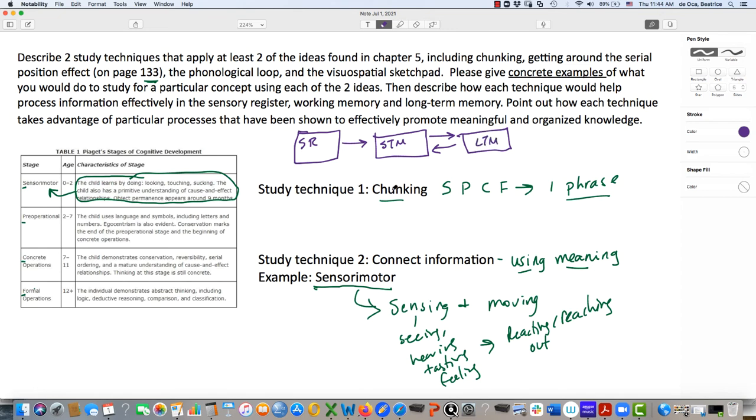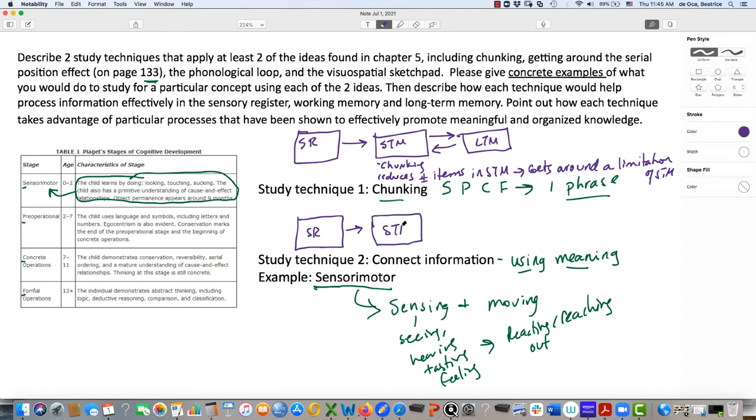how this works. So chunking is going to be effective here in short-term memory by reducing the information, the number of items in short-term memory, and that helps us get around one of the big limitations of short-term memory. For the second study technique, where we're connecting information, I'm going to do something similar. So lay out the three-stage memory model. But now what I'm studying here